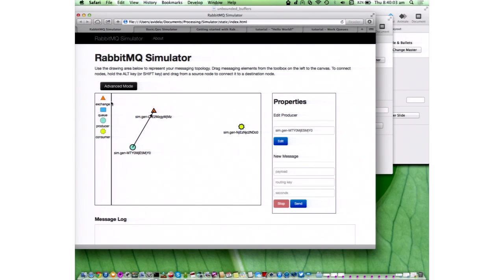But you can have queues, and you can bind the queue to the exchange, and then the messages are routed to the queue. And of course, you can have more than one queue, so the data can be routed there. So now if I send messages, they go to both queues in a kind of fan-out style.